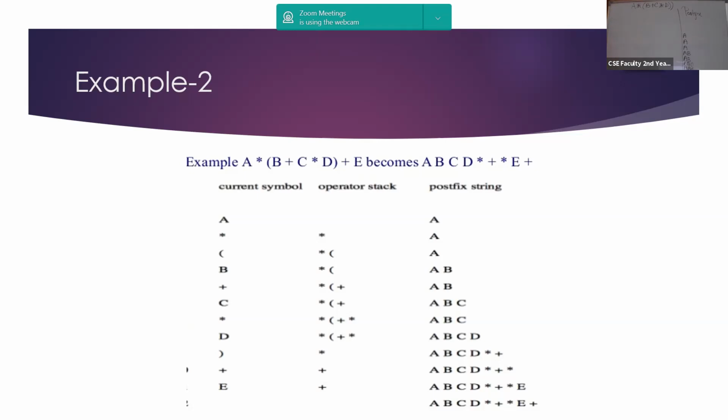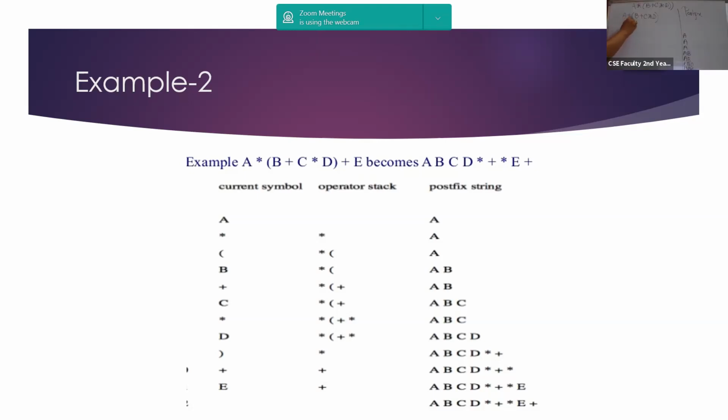So this is what we had. A plus B plus C into D. Now highest priority is of bracket, isn't it? Yes, highest priority is a bracket. Now within bracket you have plus as well as multiply. So among plus and multiply, which one has higher priority? Multiply. So that will be done first.